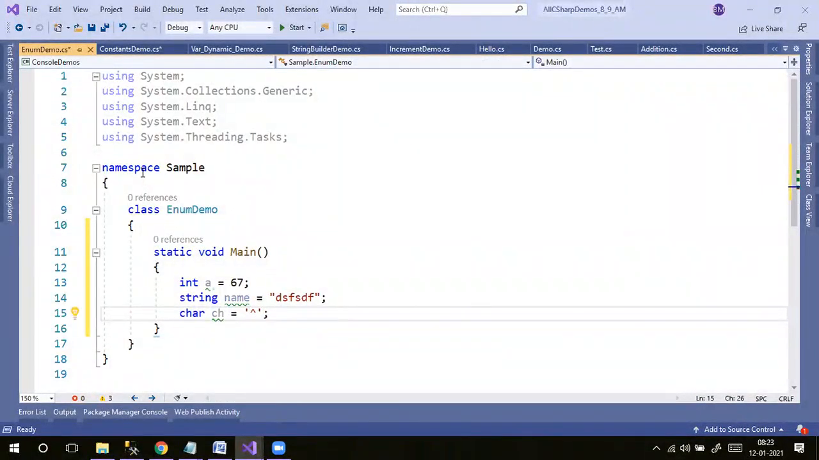Like that, every data type has a separate way of representation, and every data type is going to take a specific type of data only. Int behaves in a different way; string, char, all of these behave in different ways. Now,